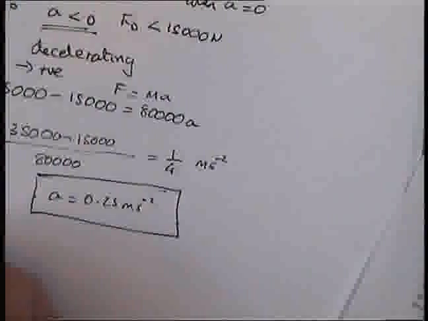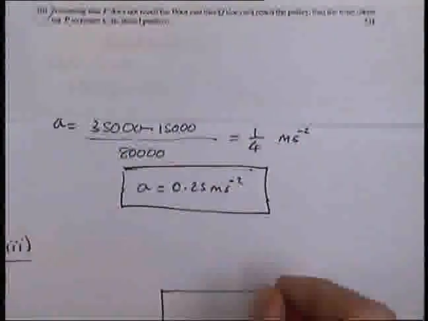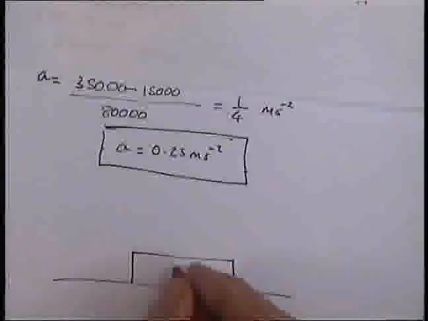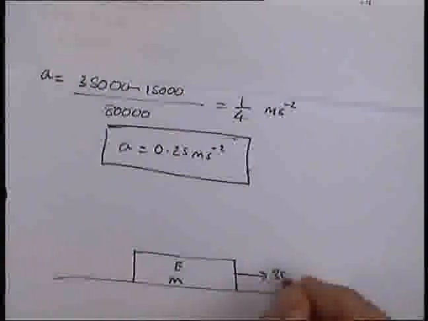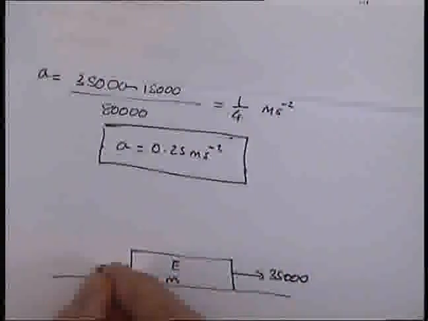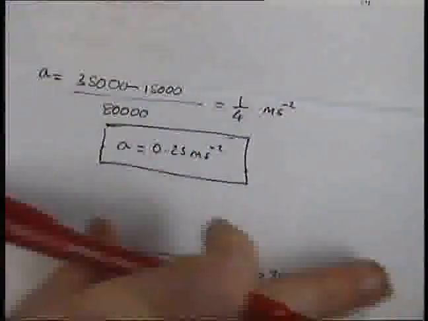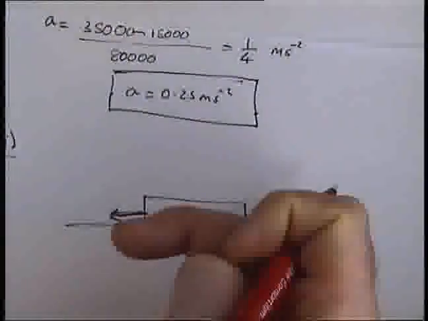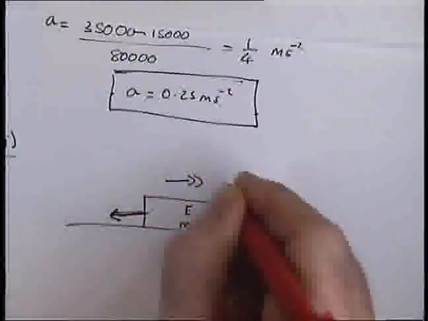So what I'd like you to do now is draw a new model for the third part, but just consider the engine at the front, please. Pause the video. Well, you should have by now been able to draw the engine. Here's the engine, which we can call E. We don't know its mass, but we do know there's a driving force here of 35,000 newtons. We know there's a coupling force, which is, if this engine is pulling the two carriages in that direction, then Newton's law says there's an equal and opposite force on the engine in that direction. We know the acceleration in this direction is a quarter,